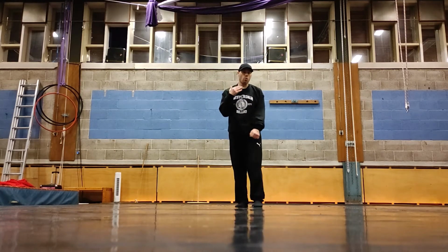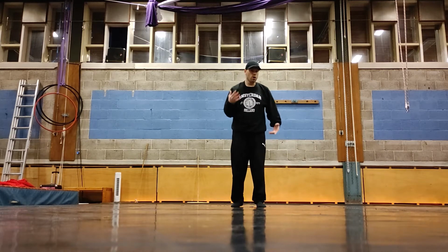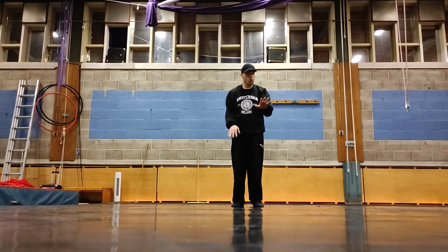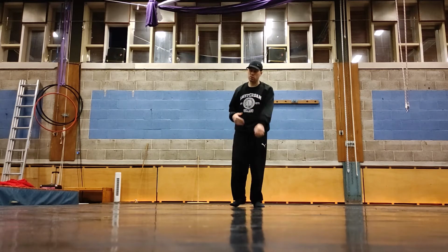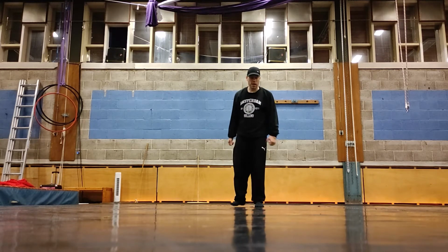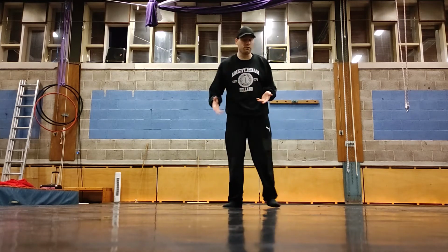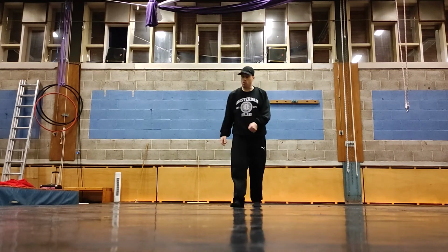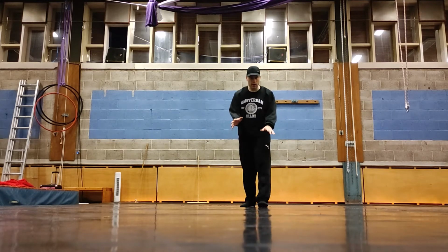Now, if I want to go to normal walking, all I have to do is push my body vertical. So in that case, I'll just go from the horizontal position into the vertical position, and I can keep running like that, simply keeping the momentum going. But that's actually not what you want, or at least that's not how I envision this move. I think of it as a blow-up move. So what we're going to do is, after that little run,